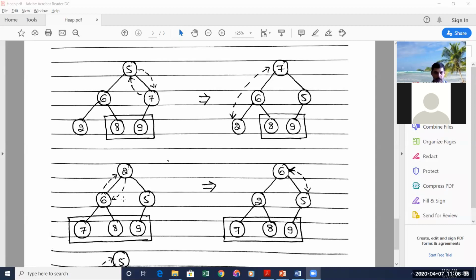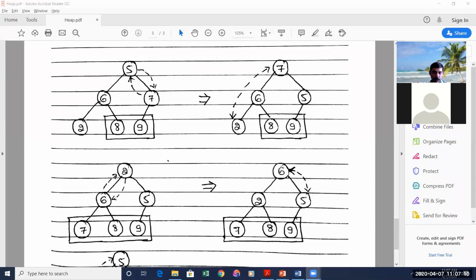Next process, heapify on the root node. Check the root node's parental dominance property. So 2 is lesser than 6 as well as 5. Out of 6 and 5, 6 is highest, and hence you are supposed to swap with 6. So 6 will go to the root position and 2 will come to the position of 6. So this is the output of the heapify. Now, what is this result? This is the next heap. Next heap means the next highest element has come to the root position.